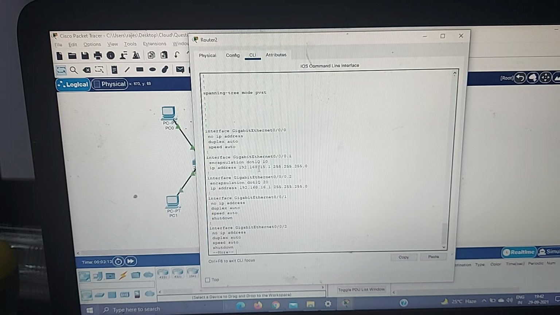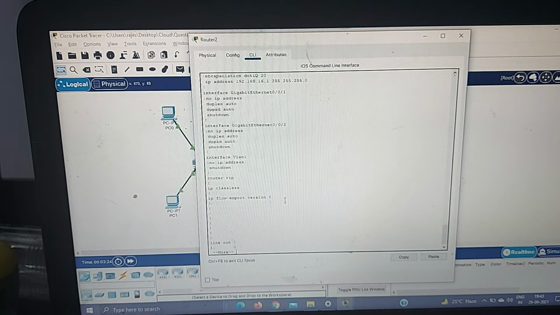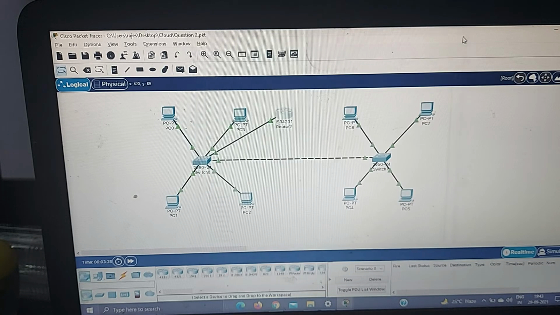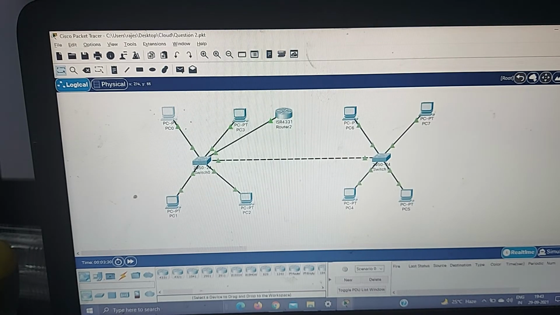You can see that 15.1 and 16.1 are assigned to the same GigabitEthernet 0/0/0 by further segmenting it. I have done this configuration only over this switch and router. So I will show you now that all the VLANs will be accessible from this PC.